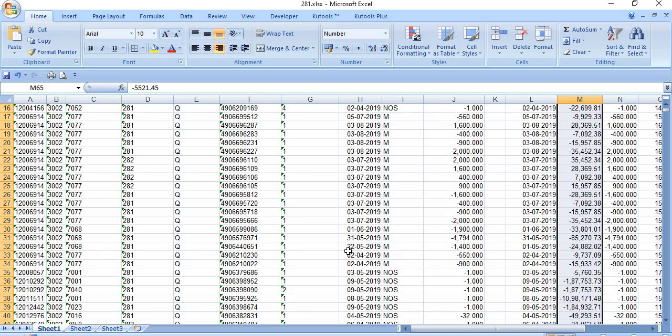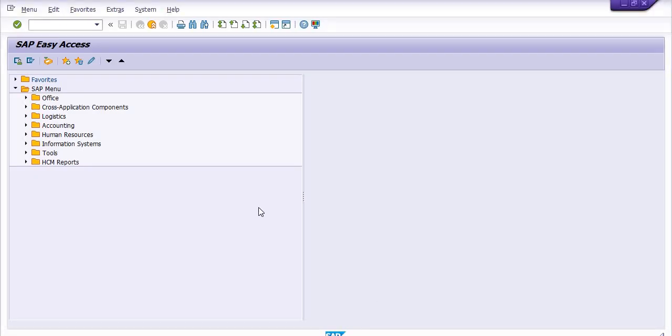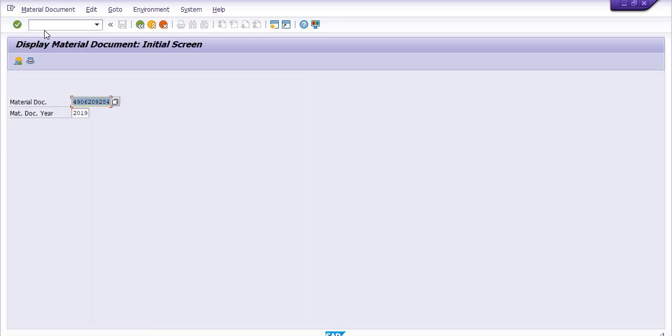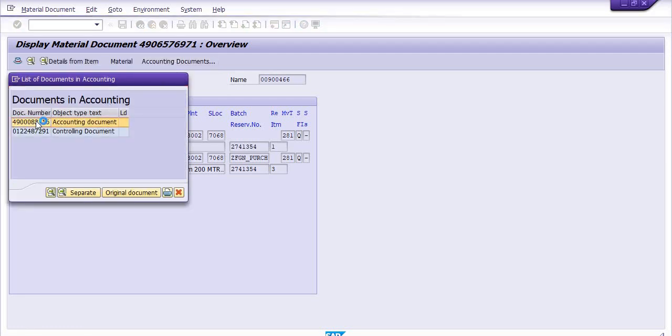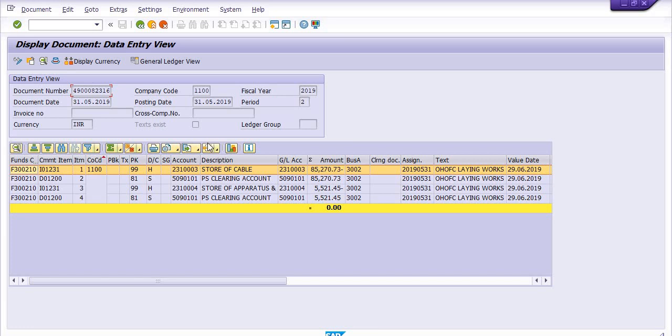You can just open this entry in MB03, copy this document number, same in the financial year 2019, and click on this accounting document. See, these are the entries made by the system once we goods issue in any project.